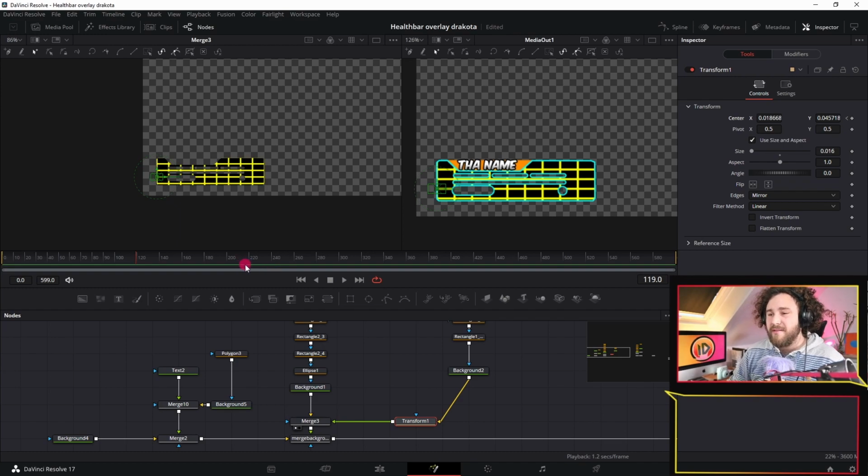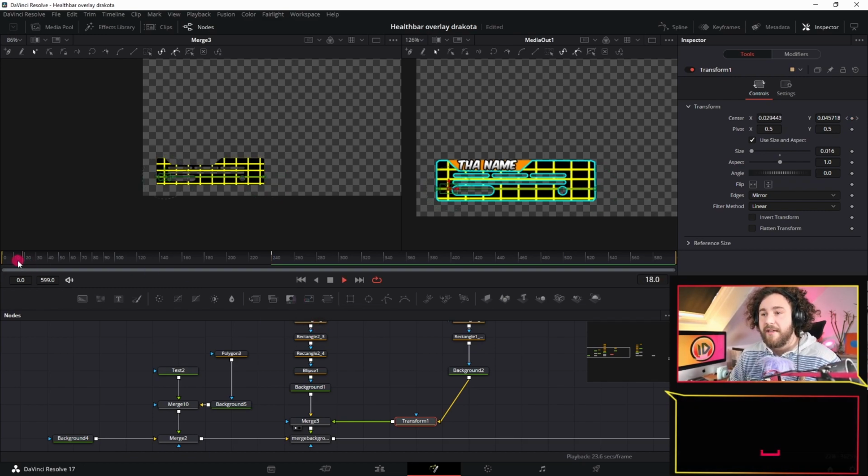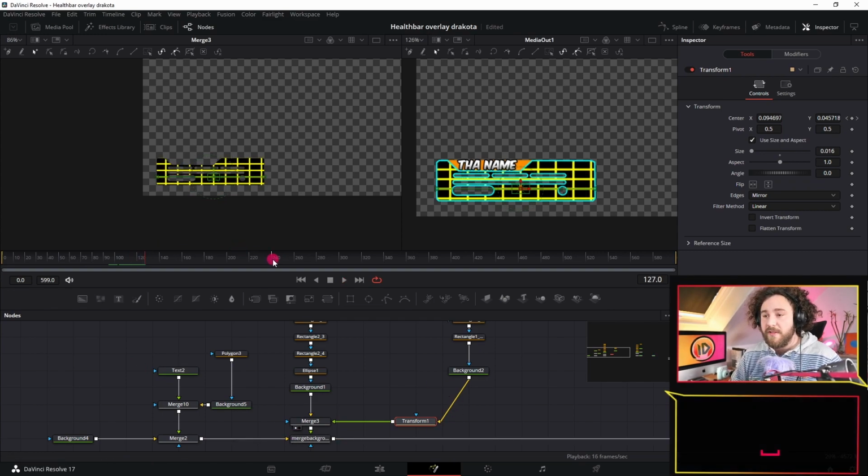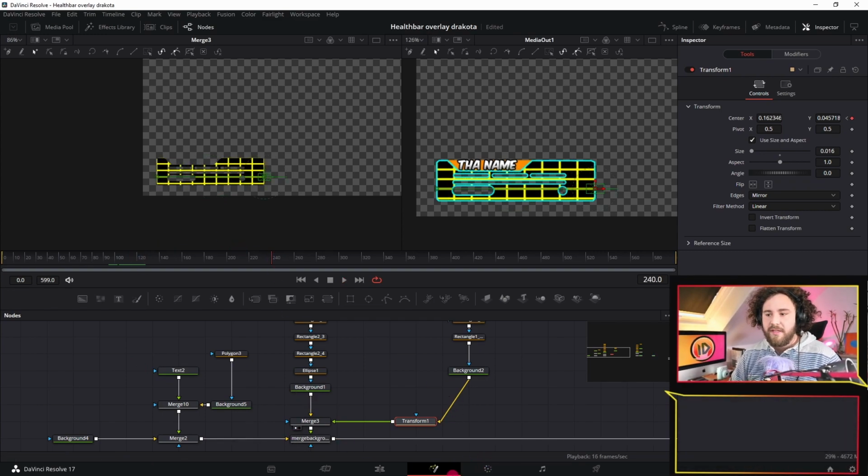Maybe more like 180. Let's take 240, okay? And 240, roughly. 240, we want this all the way over here. And now, if we play it, you see it moving slowly, getting all the way over there. It will stop once it gets to the 240, but if you want it still to continue,